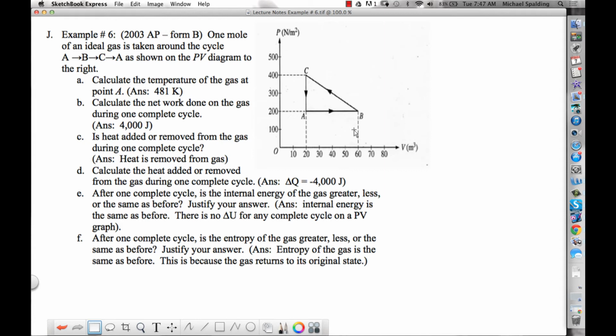So example 6. All right, first question is find the temperature at point A. Now, to do part A of this problem, you have to use the ideal gas law. So PV equals nRT. Look, there's two versions of the gas constant. You know, this is from chemistry. The gas constant, it's 8.31 joules per mole Kelvin. And then the other version of the gas constant is